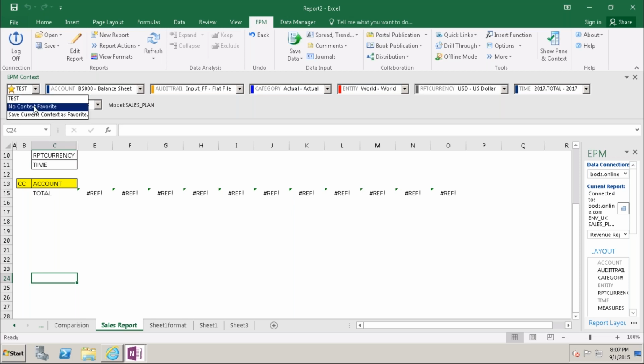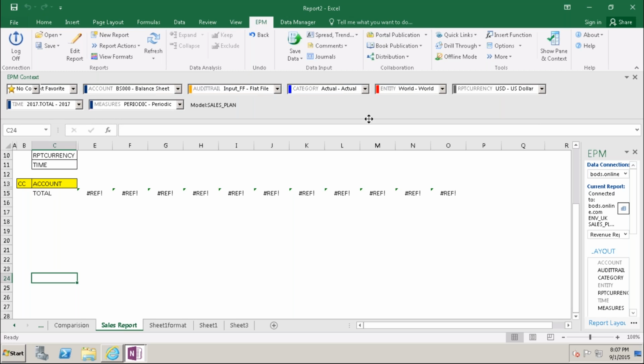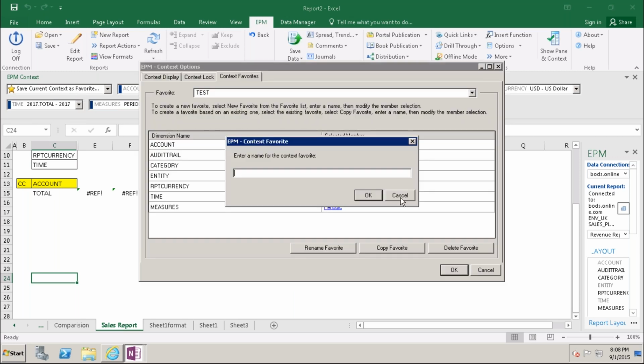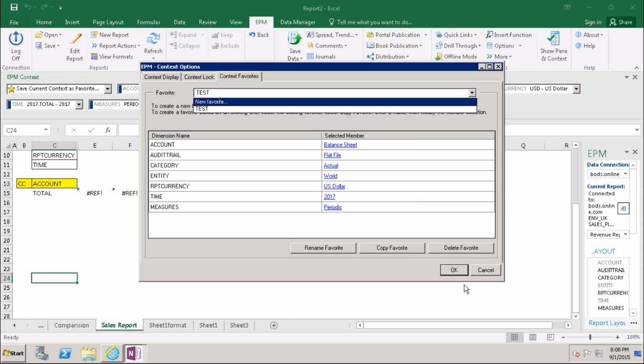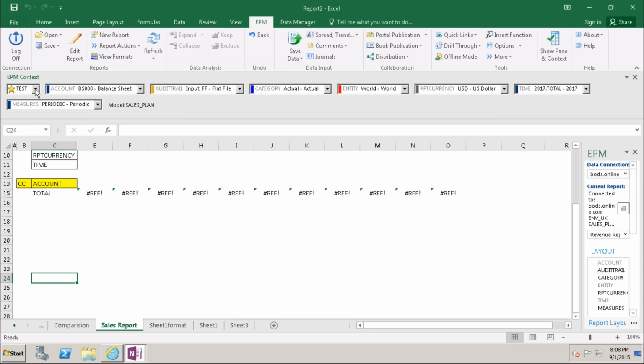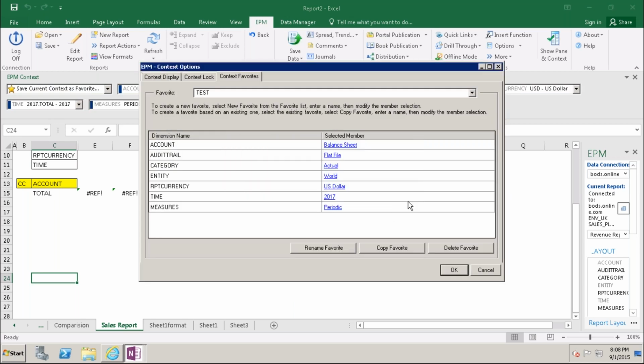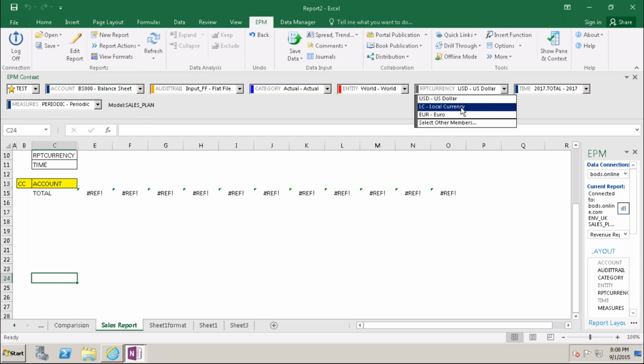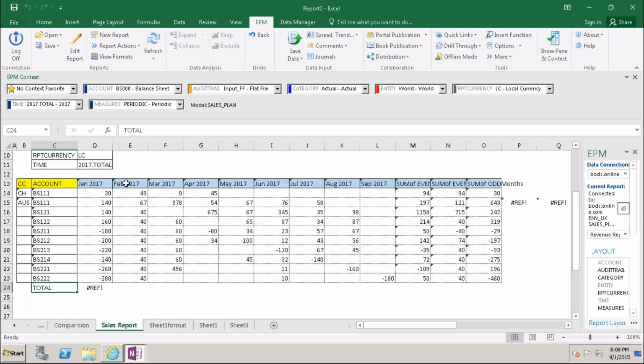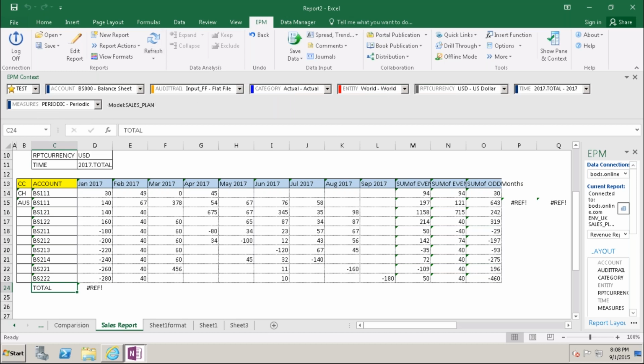If I go to test favorites, there is no context favorite, okay, so I have to go and do this.